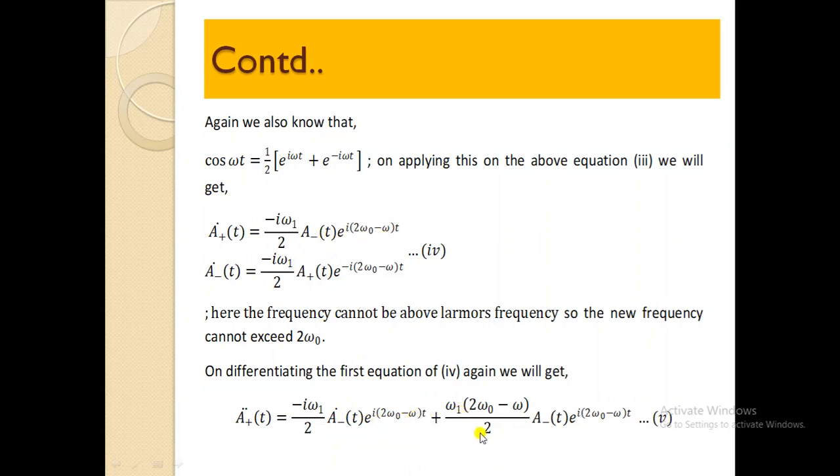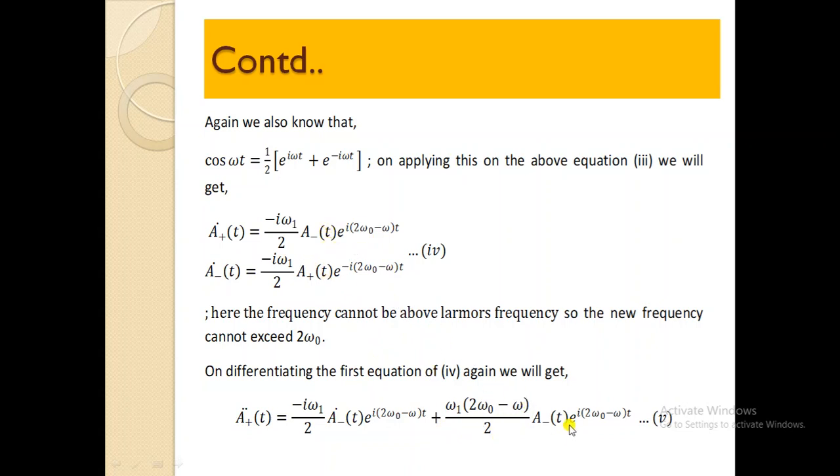While differentiating this we get i(2ω0 − ω). So here i, and here minus i into minus i, that will be minus i squared, which is equal to plus. So plus ω1 and (2ω0 − ω) divided by 2, this divided by 2,